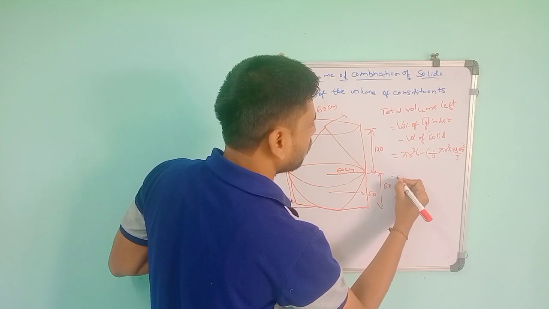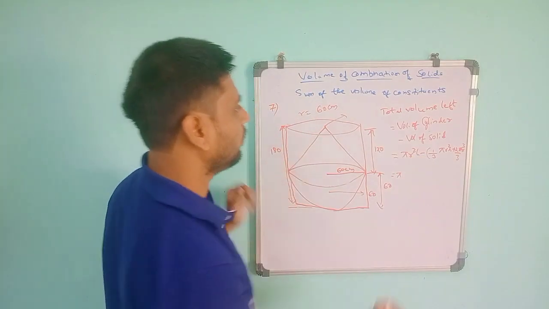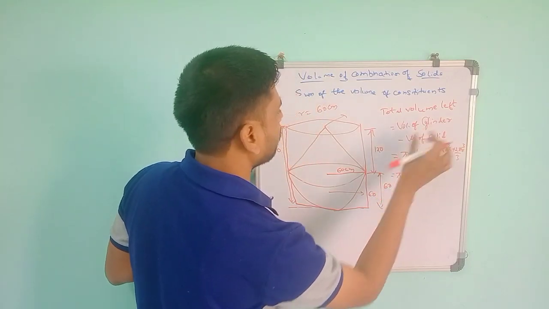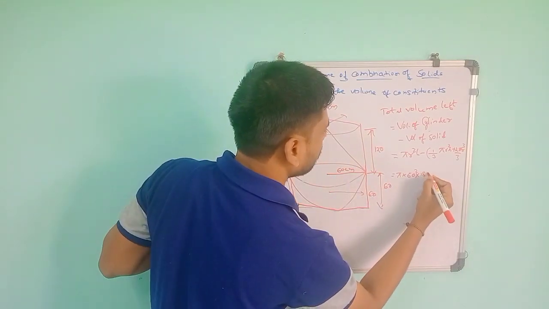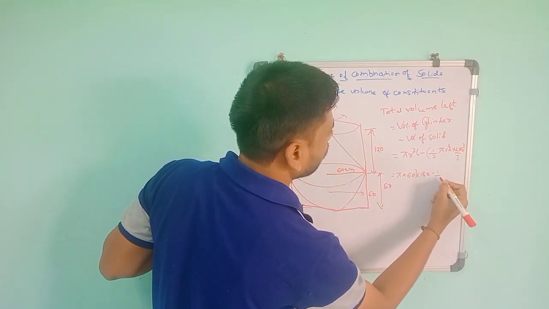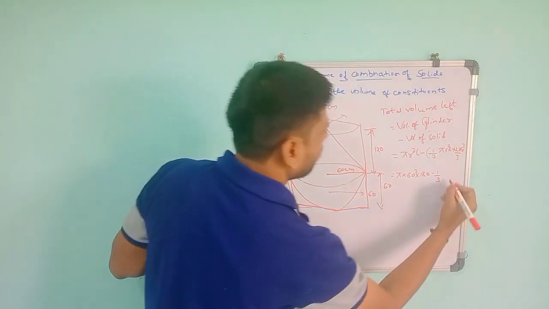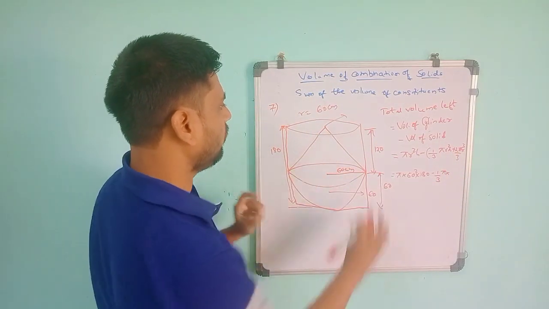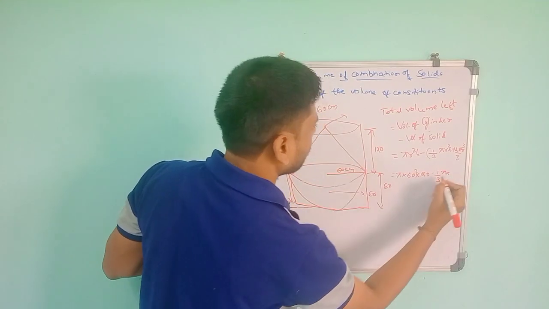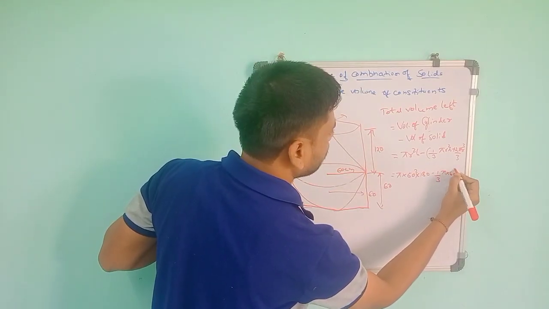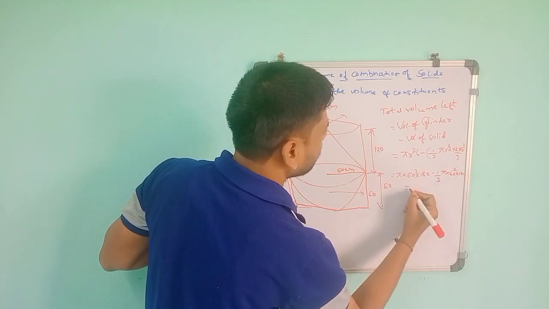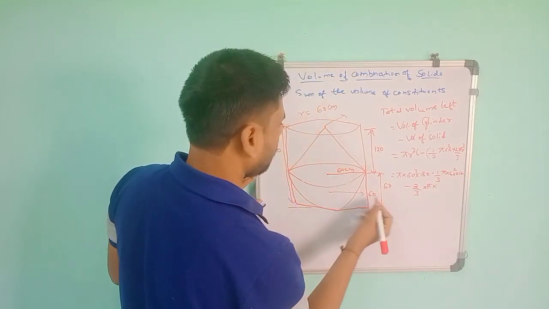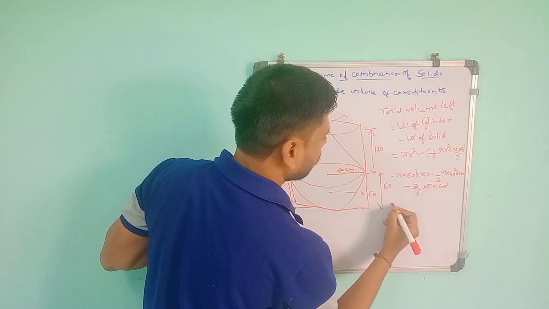So this will give pi, r is nothing but 60, square, into h. For the cylinder, h is 180, minus 1/3 pi, for the cone the height is 120 and r is 60, into 60 square into 120, then minus 2/3 pi into r, again 60, so 60 cube. So this will give you,